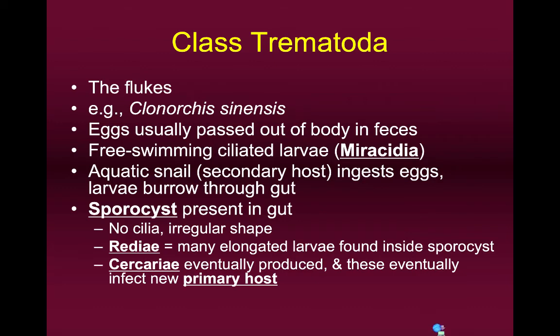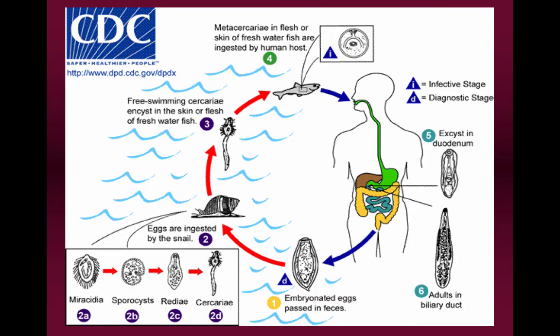They only reproduce in the primary host. All right, so we've gone from egg to myracidium to sporocyst to redia to cercaria. Now we're back into a fish, and if that fish is consumed by a human, either uncooked or undercooked, then the Clonorchis sinensis parasite can get back into the human through the GI tract, through the mouth, down the esophagus, into the stomach, and eventually into the small intestine again,